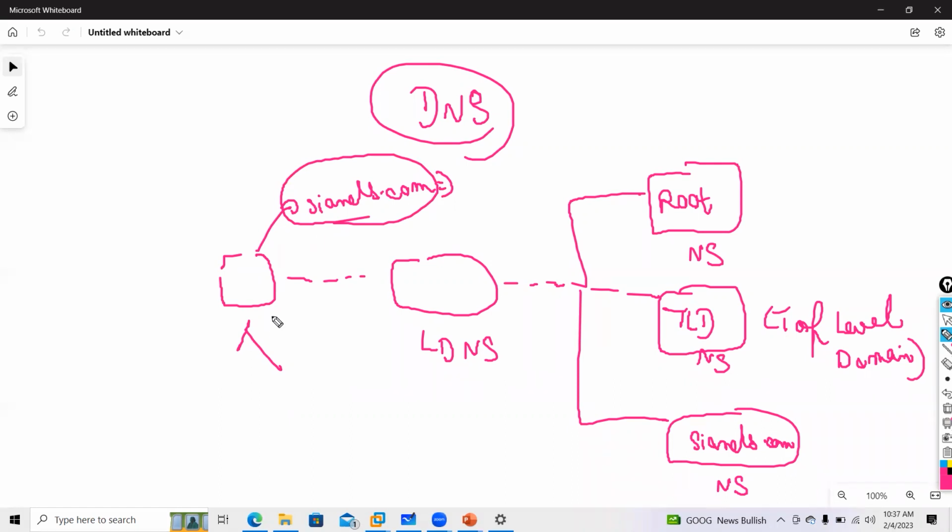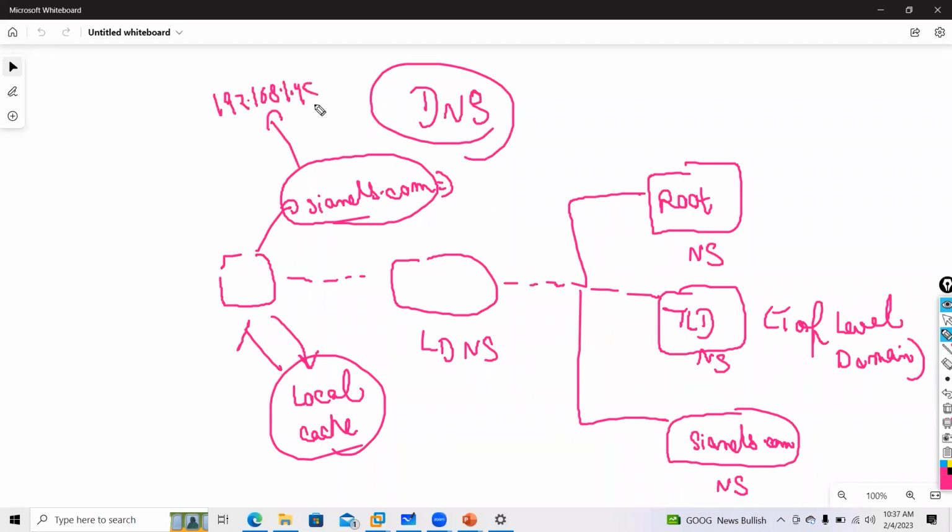It will first check the entry in its local cache. In every browser, guys, there is a cache stored. If there is an entry for cnets.com, it will give an IP 192.168.1.45. If it does not have an entry in local cache, where will it check?